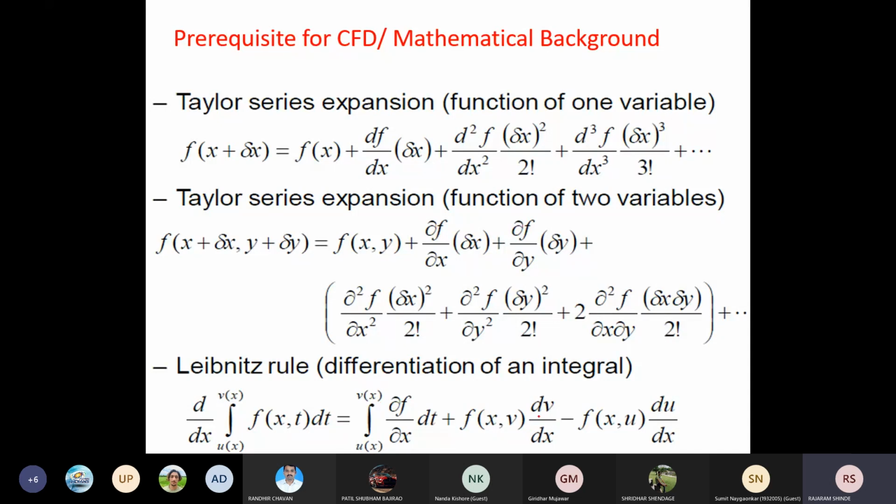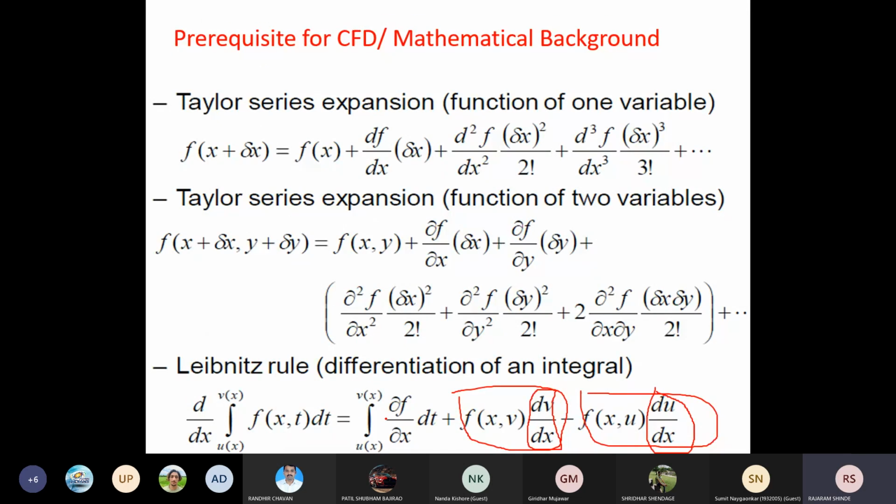Okay. Now if the limits are constant, then this term will be 0, and also this term will be 0, and when these two terms are 0, your integration will become a regular integration. Okay, because here the limits are constant, meaning v is constant and u is constant, and the derivative of a constant is 0. So this complete term becomes 0, and this term is also becoming 0, and so your integration is only the first term. Okay, this theorem is also required in your fluid dynamics.